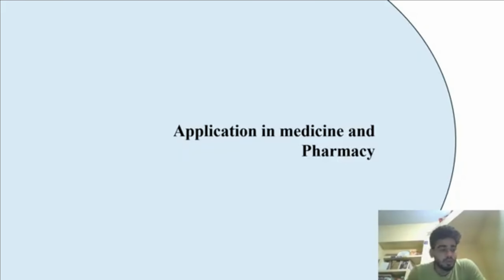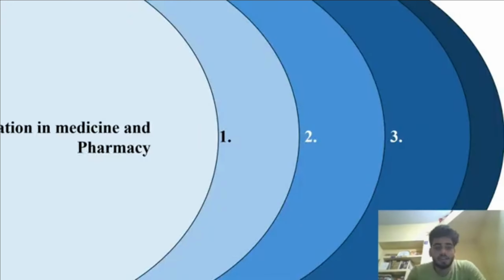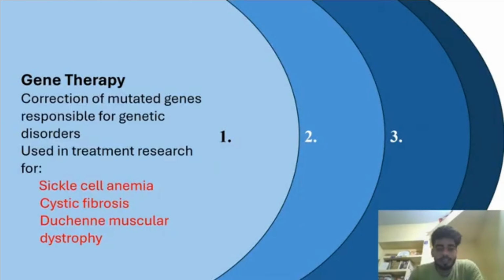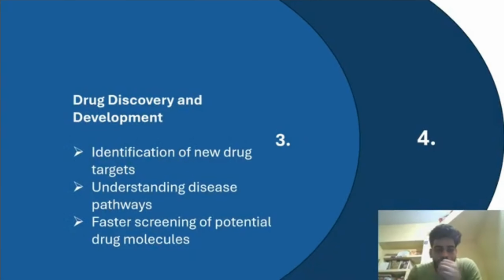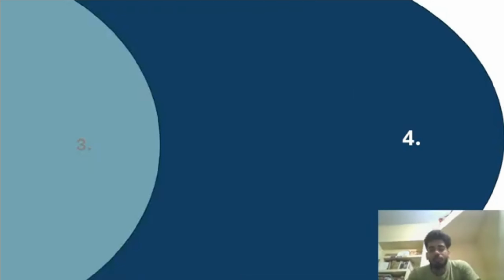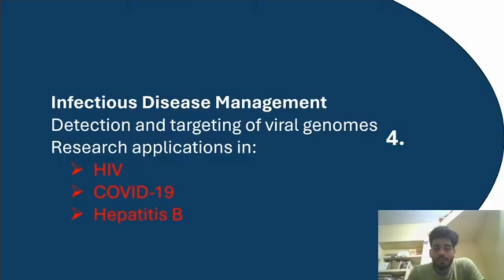Okay, so talking about the applications. If we see gene therapy, it is used in sickle cell anemia, cystic fibrosis, Duchenne muscular dystrophy, and in cancer therapy, we can engineer immune cells and develop CAR T cells. Okay, CAR T cell therapy, and drug discovery and development: identification of new drug targets, understanding disease pathways, faster screening of potential drug molecules. After that, infectious disease management: detection and targeting of viral genomes, like in HIV, human immunodeficiency virus. So if any virus comes and affects the immune system,